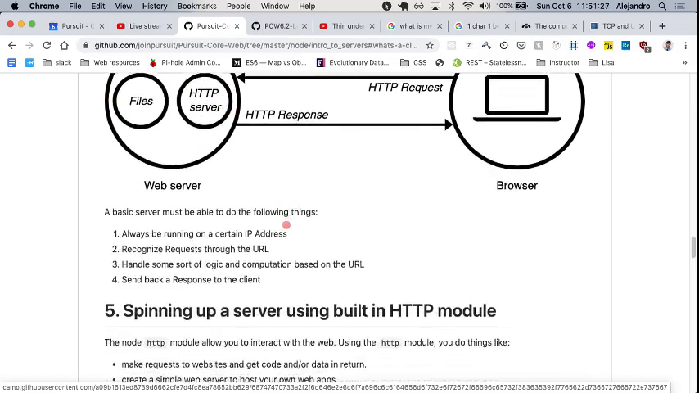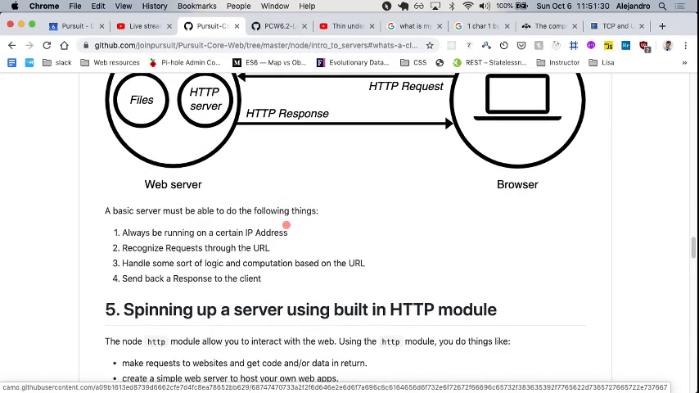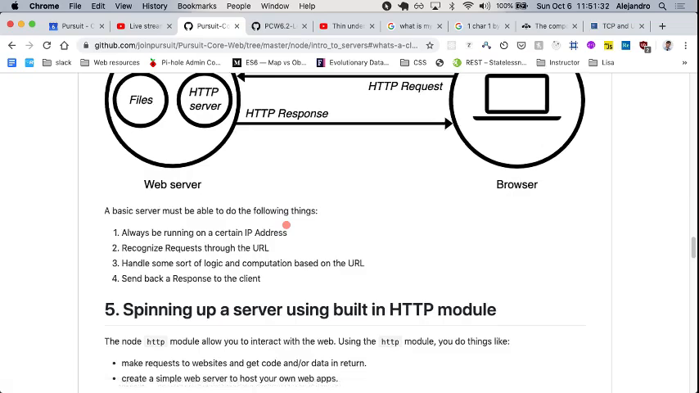Right, so let's look at this. A basic server needs to be able to do the following things. As Jonathan says, this computer needs to be running all the time. And it needs to be running on a certain IP address, right? Now this server, rather, because it's not a website yet, needs to be able to recognize